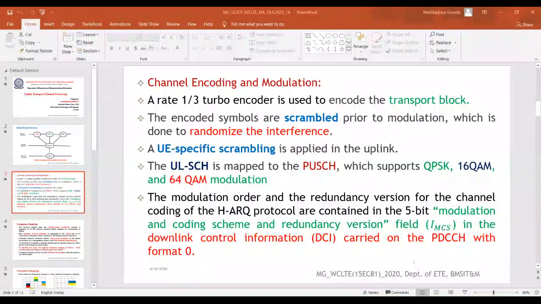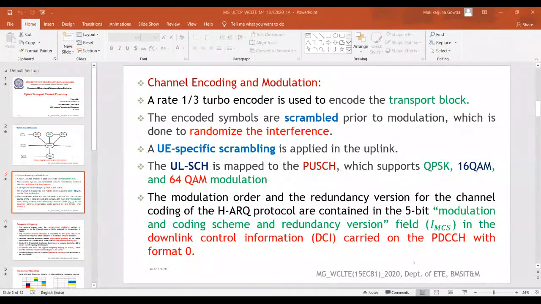And this uplink shared channel, as I said, is mapped to the physical uplink shared channel. It supports 3 different types of modulation. One is QPSK, the second is 16 QAM, and the third is 64 QAM.